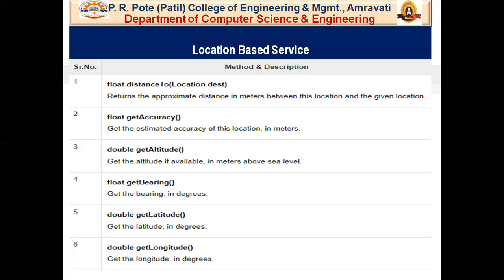After that, latitude is also given in degrees by using the double getLatitude method. Then the double getLongitude method, like bearing and latitude, longitude is also given in degrees. Now we know that latitude and longitude are always given in degrees.